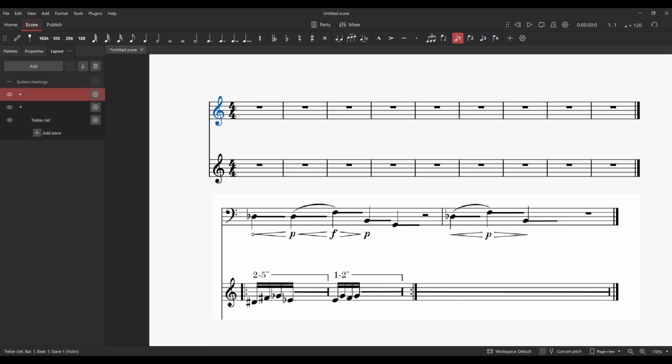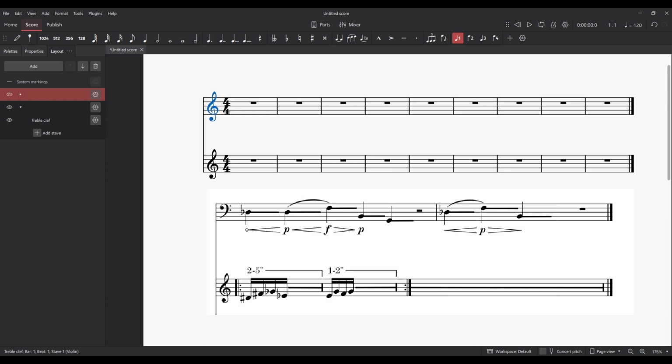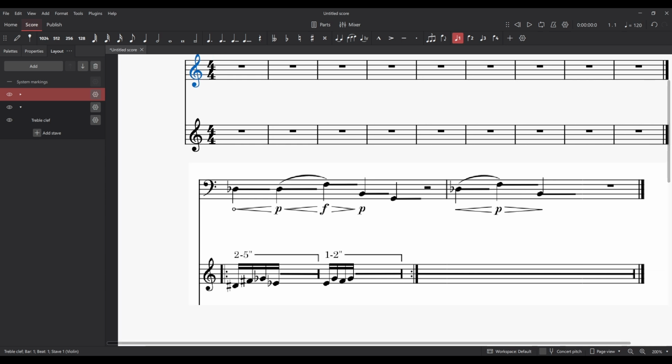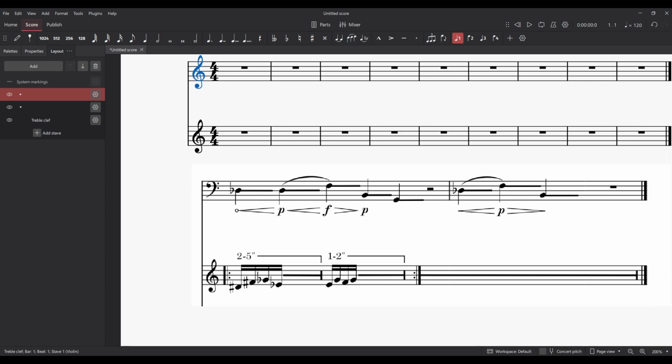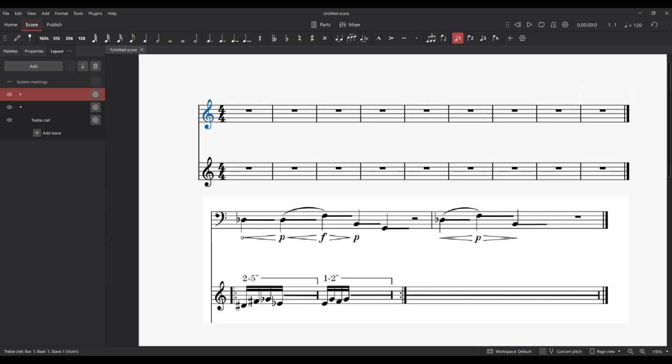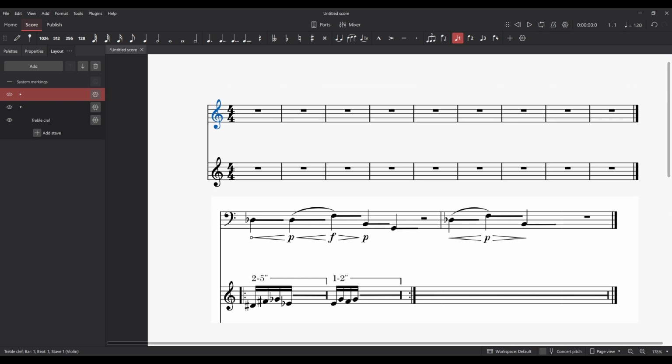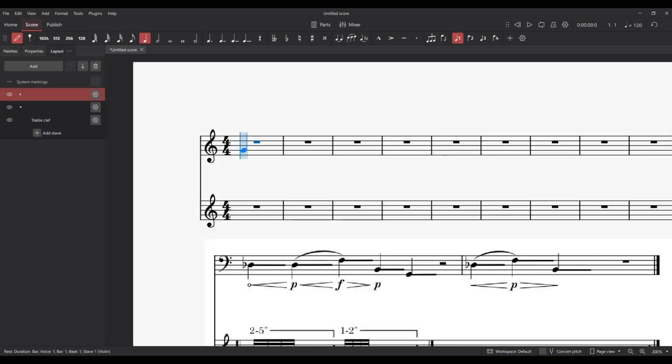I'm gonna change, it doesn't really matter the instrument for now. We can imagine this to be like a violin or a flute, or I know this is bass clef, but it doesn't really matter. And this can be like a piano or any instrument that could play in this range. So what I'm gonna do now,